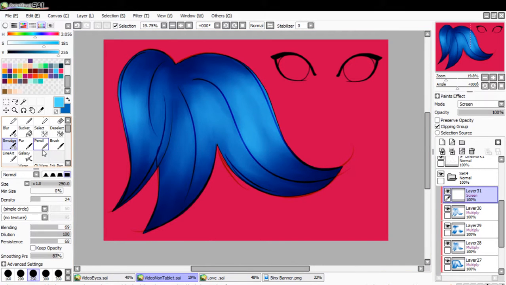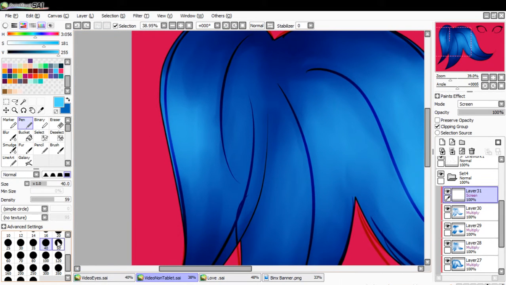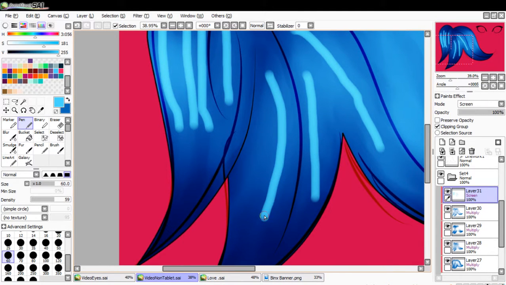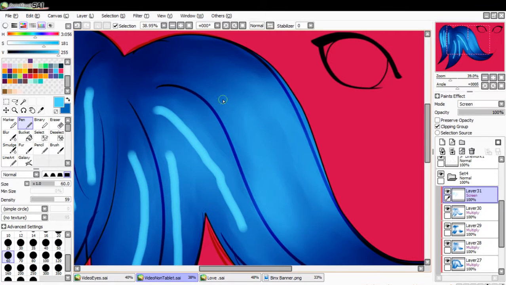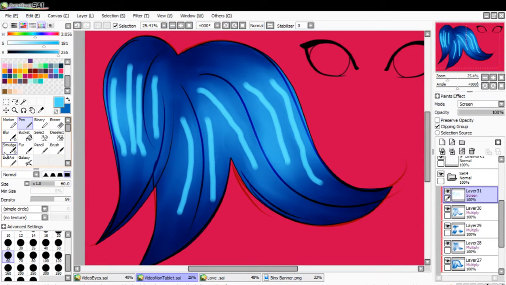The best thing to do for anything is knowing where the light starts. I wish I would have known this when I was actually doing hair without a tablet and everything. I'm actually gonna zoom in. But knowing where all the lights and darks are and not putting them in random places, it's 10 times better than trying to do it randomly. And it's so much easier because I can't really remember how my hair looked. I was gonna bring up a picture that shows how I used to do my hair, but I mean,